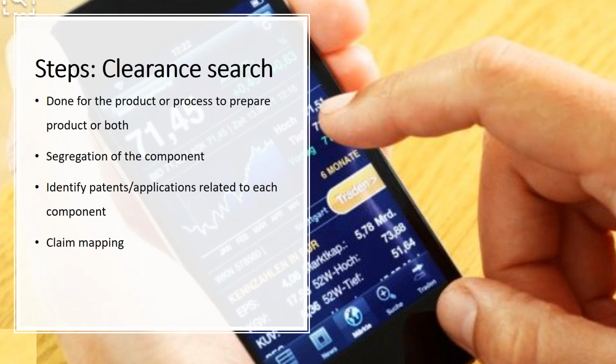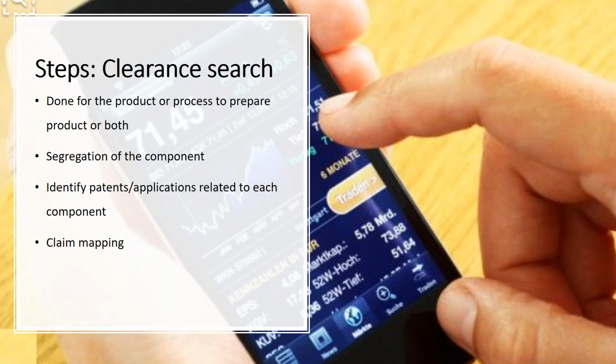So if you are doing a product launch in US, you should do a US-specific search, for which you can check the US PTO database. Plus PatentScope, as I told you, is a must to be checked, because you should not miss the PCT application that will enter the US within 30 years from the date of priority. So after you identify the patents that you might be encroaching by launching your product,